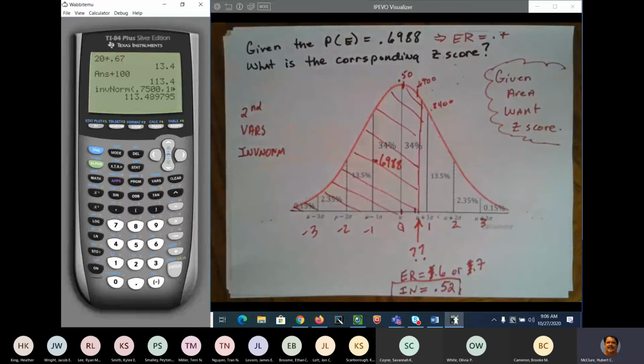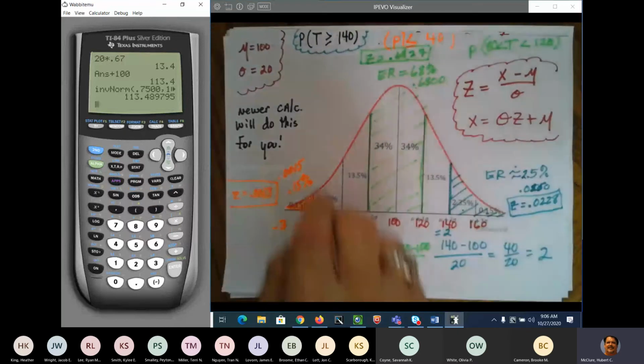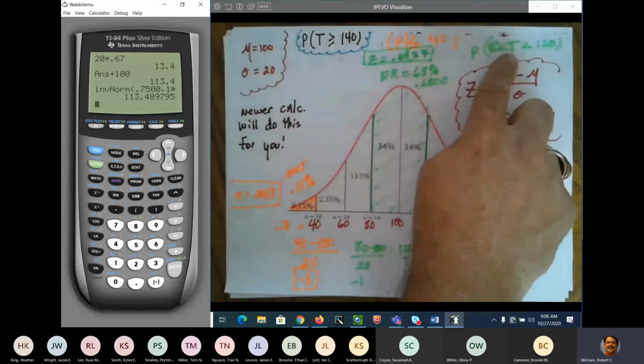Given that the probability of an event is 0.6988, what is the z-score? And then the next type of question will be the same type as the previous: greater than, less than, equal, between,